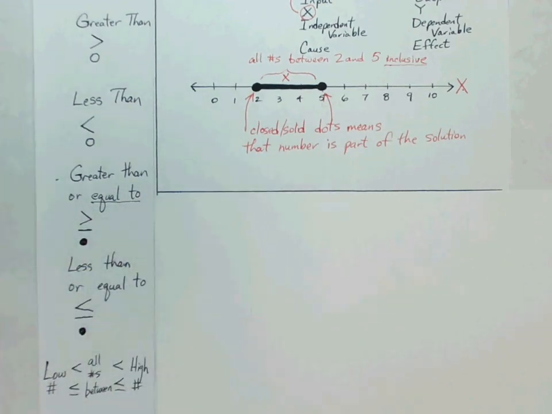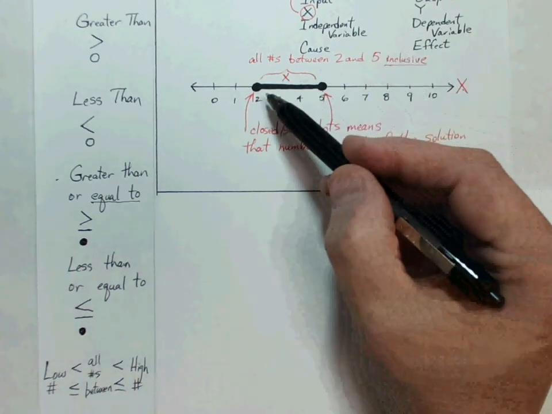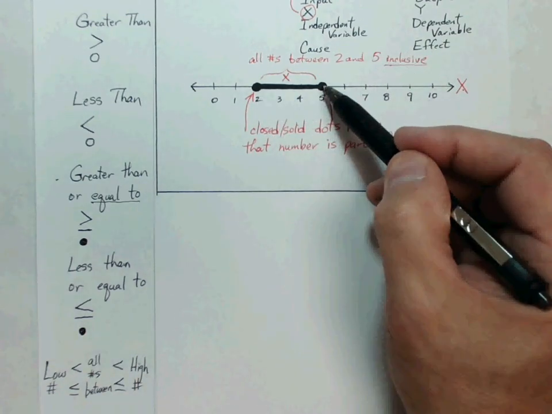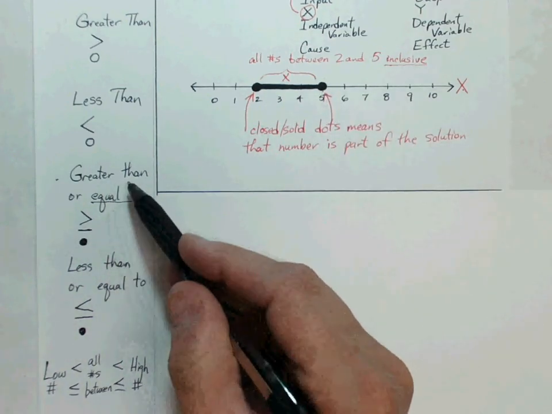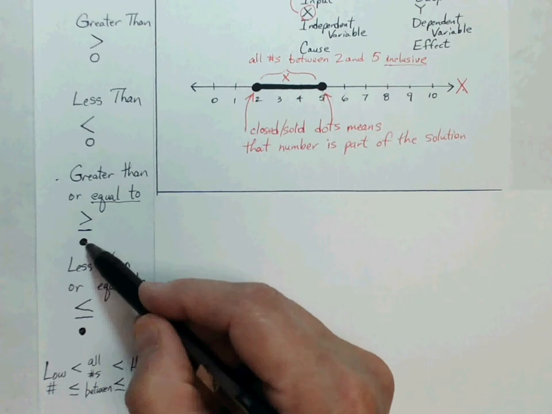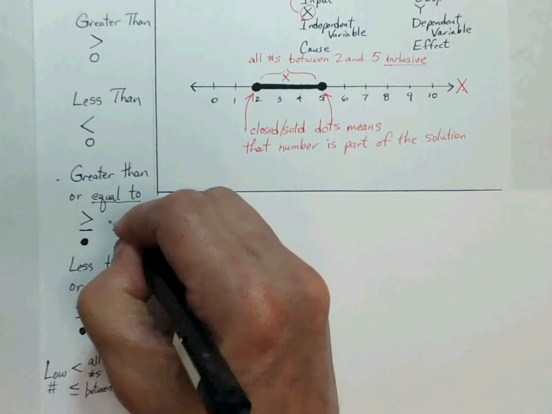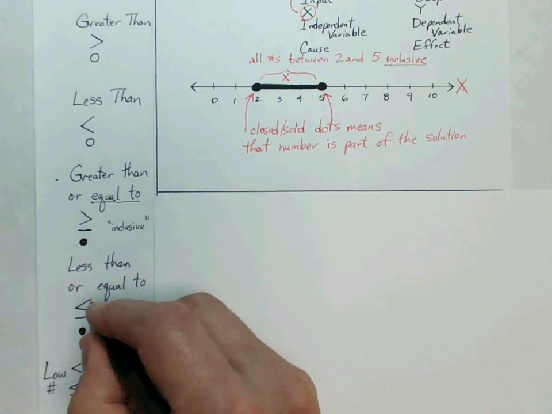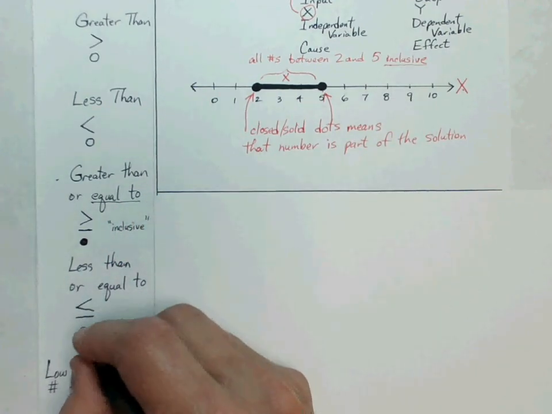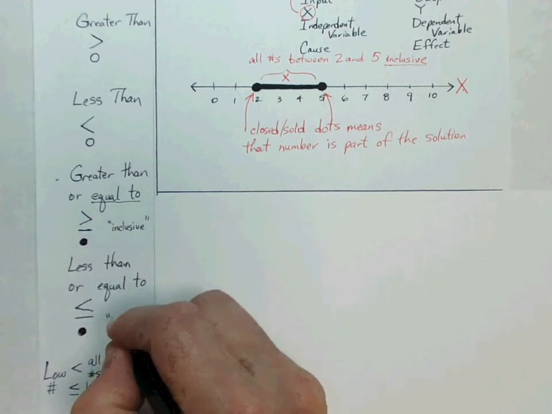Same thing with less than or equal to. All right. So if I come over here, I use the word inclusive. So if I come over here, I can say, okay, greater than or equal to looks like this symbol. It has a closed dot, and I'm going to see the word inclusive. Same thing for this. Here's the less than or equal to symbol. It's going to use a solid dot because it's equal to, and that means that I'm going to